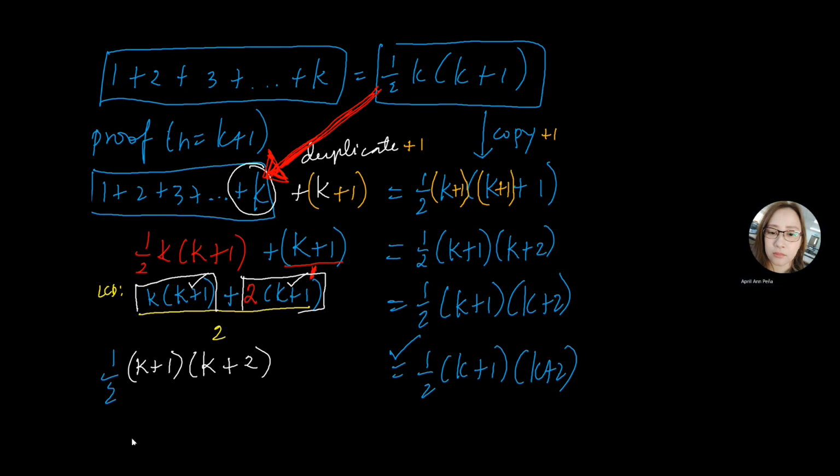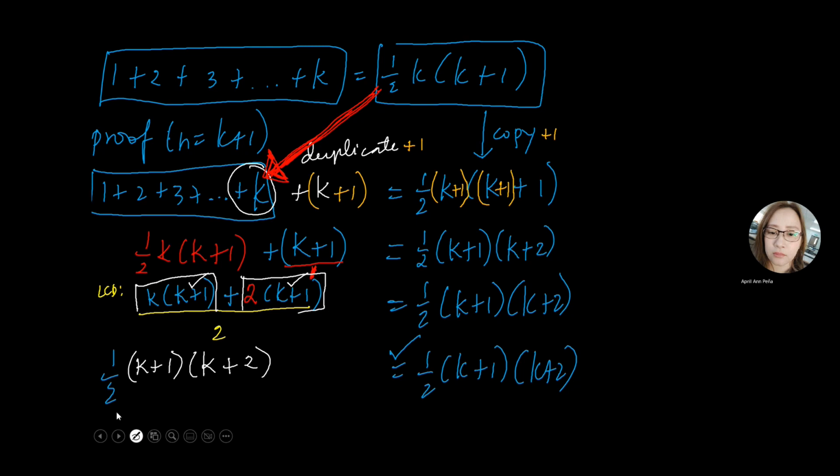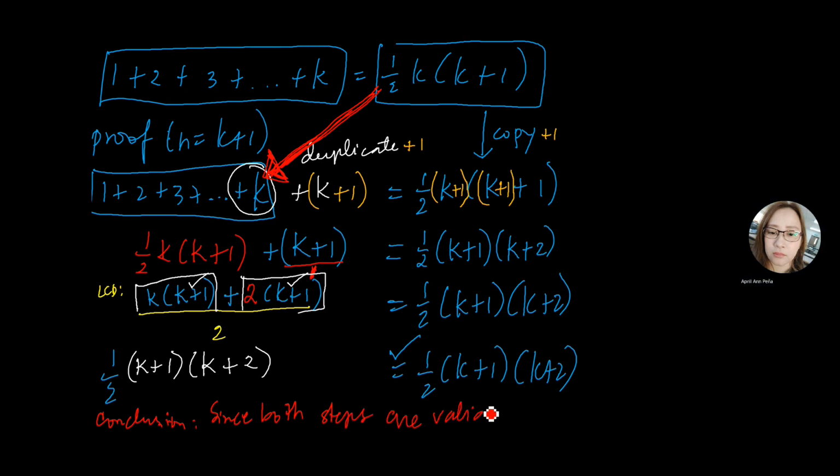And then you're going to have your conclusion. So what would be the conclusion here? Since both steps are valid, because we were able to show in the verification that the two sides have the same numbers, and in the proof that the left is equal to the right side,